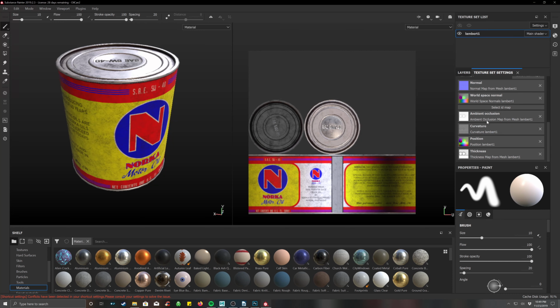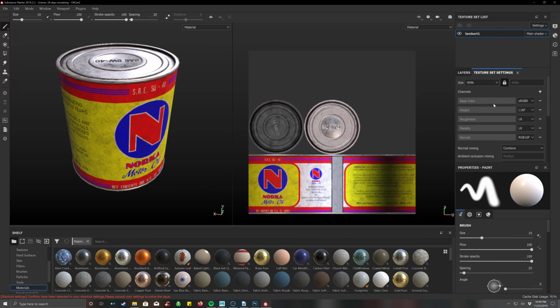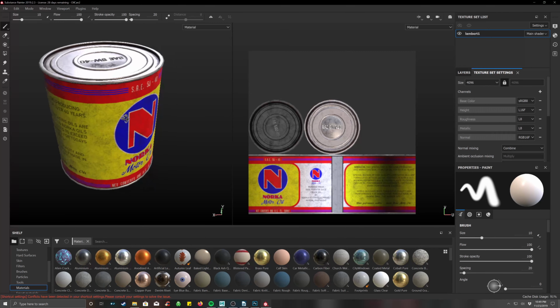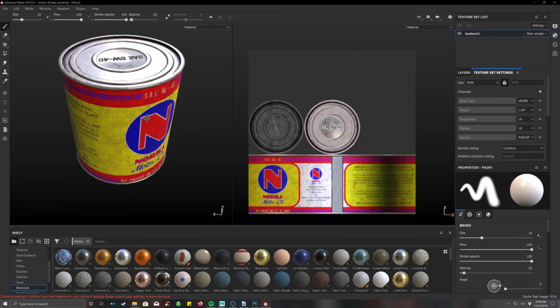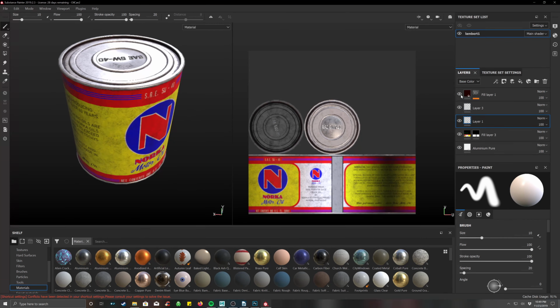Okay, this one doesn't have an ID map because it doesn't really need it. So that got me to